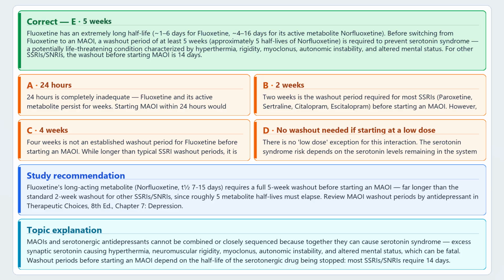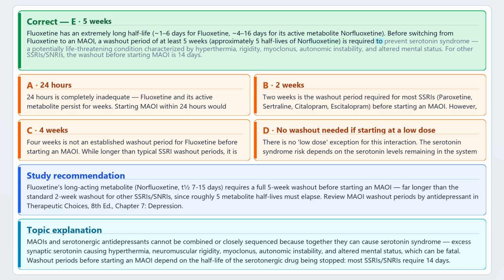Correct answer is E, 5 weeks. Fluoxetine has an extremely long half-life: 1 to 6 days for fluoxetine, and 4 to 16 days for its active metabolite norfluoxetine. Before switching from fluoxetine to an MAOI, a washout period of at least 5 weeks, approximately 5 half-lives of norfluoxetine,